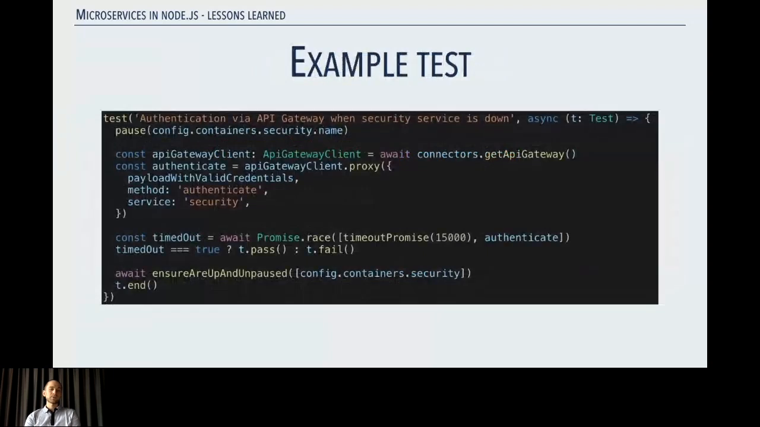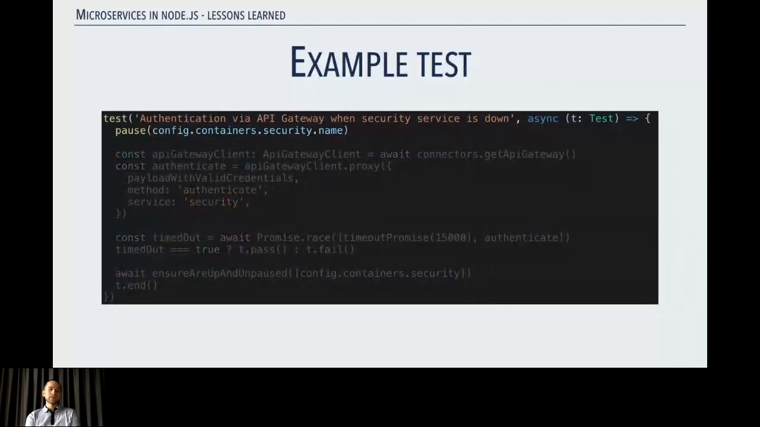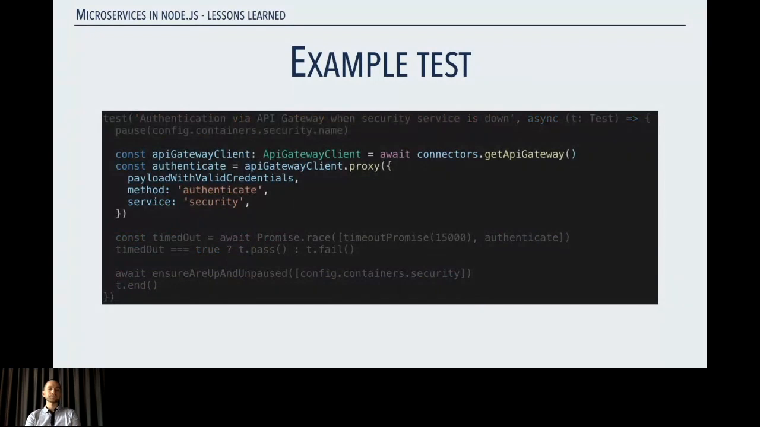For example, we would like to test how the authentication looks like in our system when we communicate through API gateway, but our service with security is down. So first of all, we are pausing our container responsible for security. Then we are sending a proper message to the system with valid credentials. And later